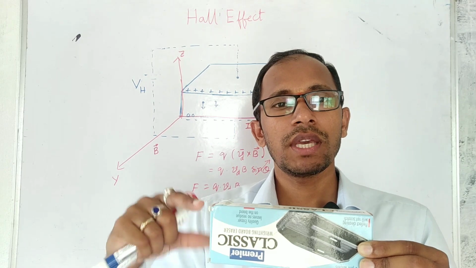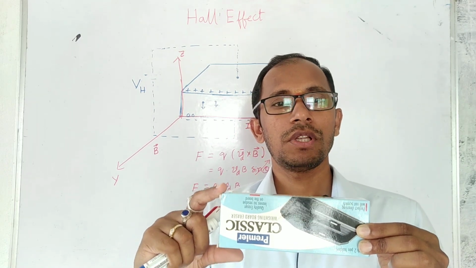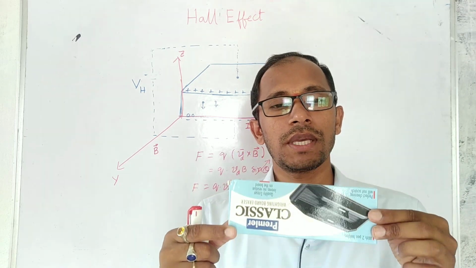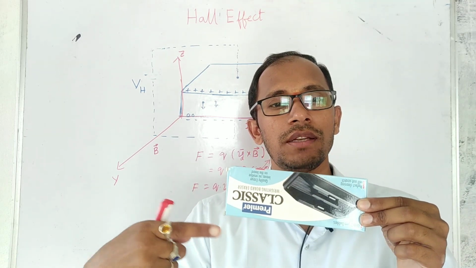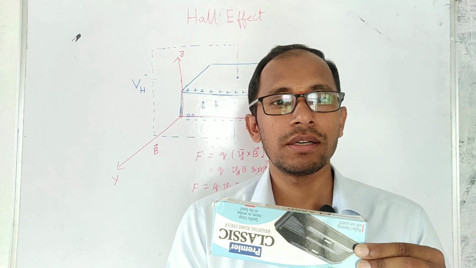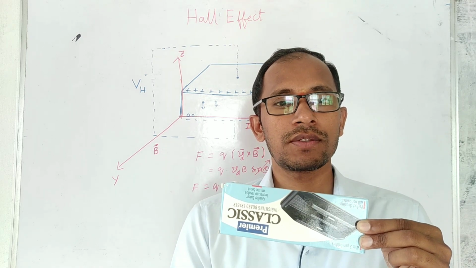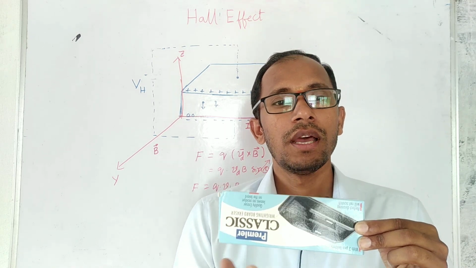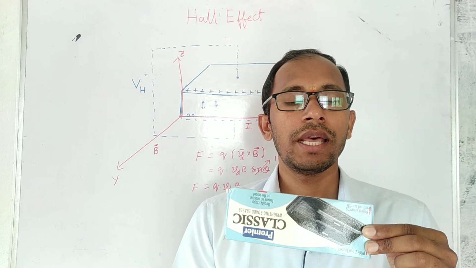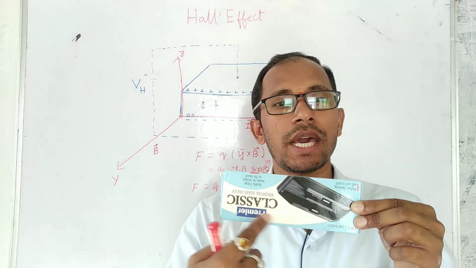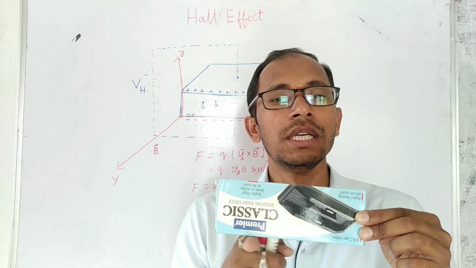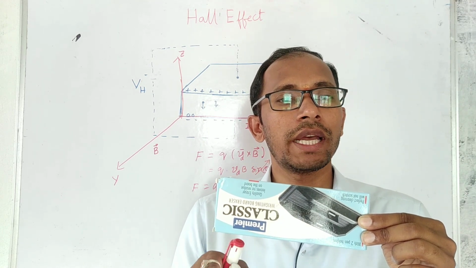Now this same thing we can apply to the semiconductor. For example, you take a p-type semiconductor. Now you apply an electric field in this direction, that means current flowing. Unlike conductors, here there are two types of charge carriers present: holes and electrons. As you know, p-type semiconductor will have more positive charge and less negative charge. So all the charge carriers are pulled downward and settle at the bottom, and the positive and negative charges get neutralized.